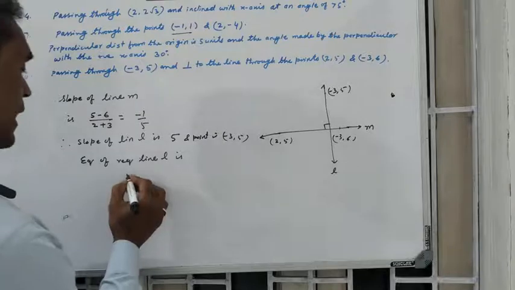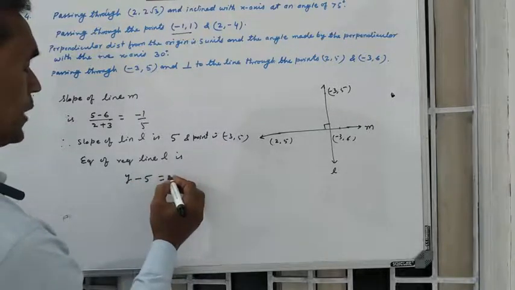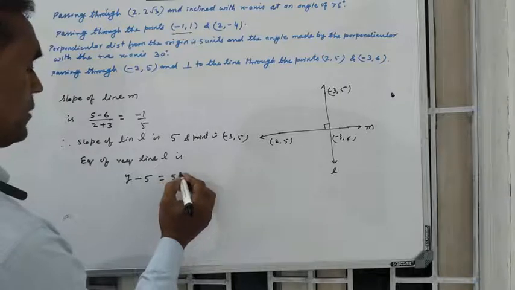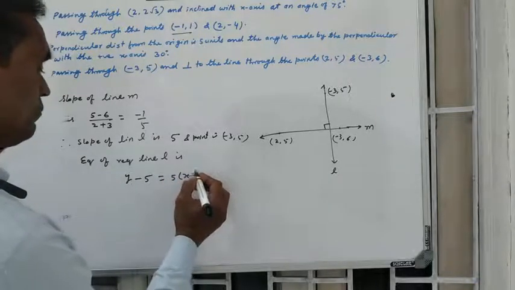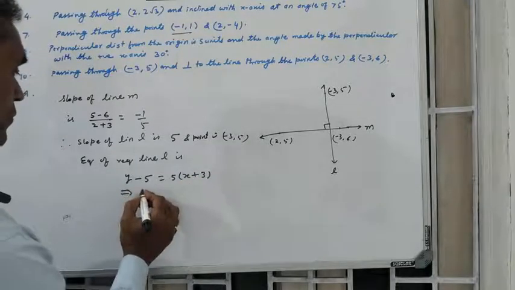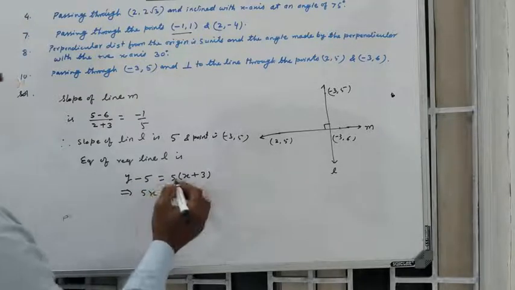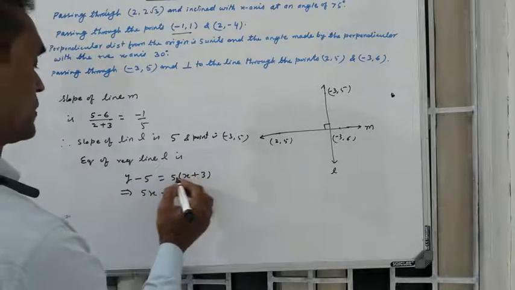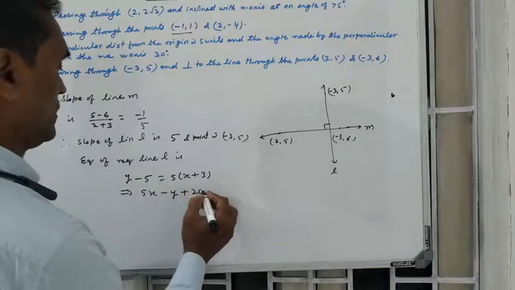slope-point form: y minus y1, y1 is here 5, is equal to m, m is here 5, and x minus x1, that is -3. So 5x minus y plus 15 and plus 5, 20 is equal to